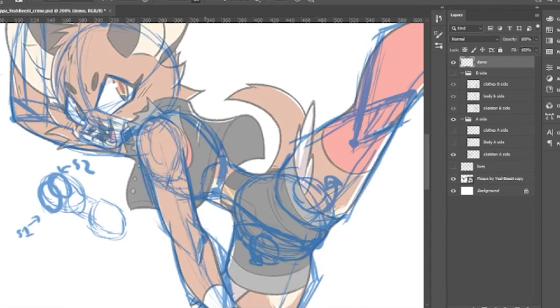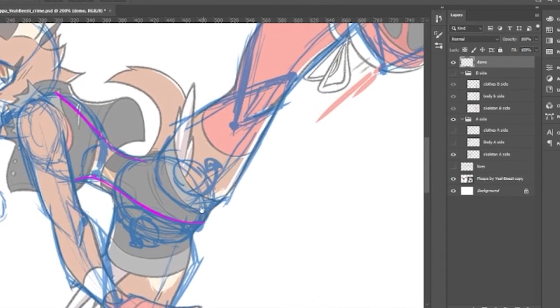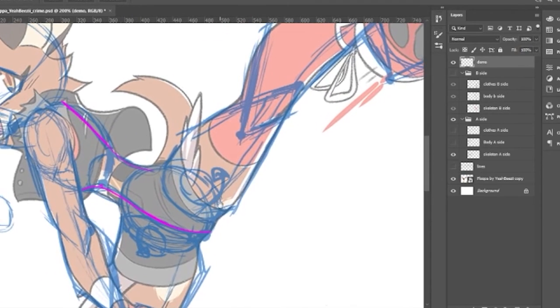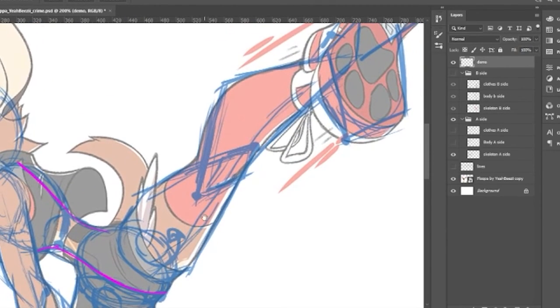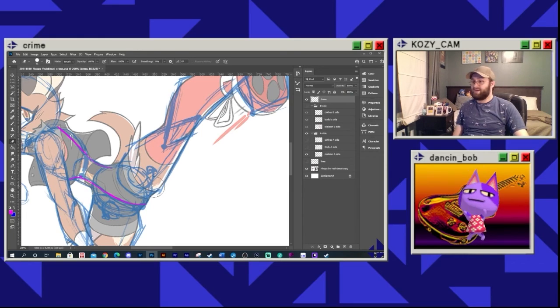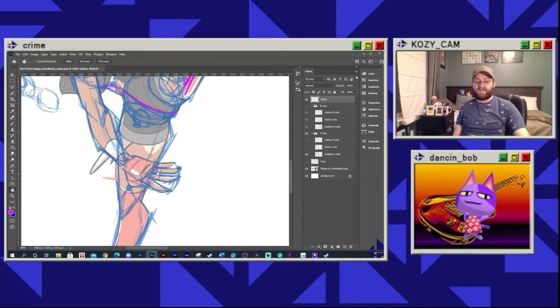This floppa does a lot of twisting. So the belly button's like right here, and so she's twisting this way. So this part is the front side, but then we also see the back over here, and so the spine kind of twists this way. And another thing that twists a lot is the legs here. You can see I was trying to figure out which way the joints of the legs were going. So this joint right here, the front side of it is right here basically. That's the thigh. And the thigh is kind of on the other side over here.